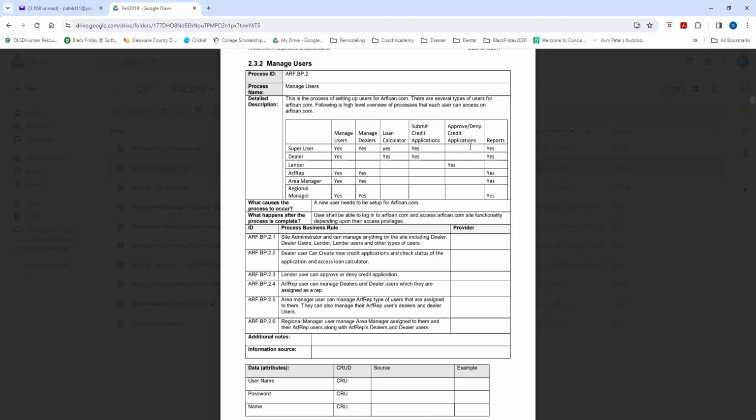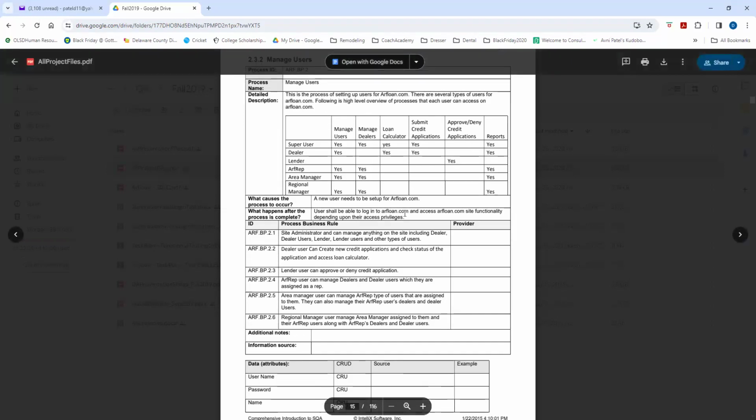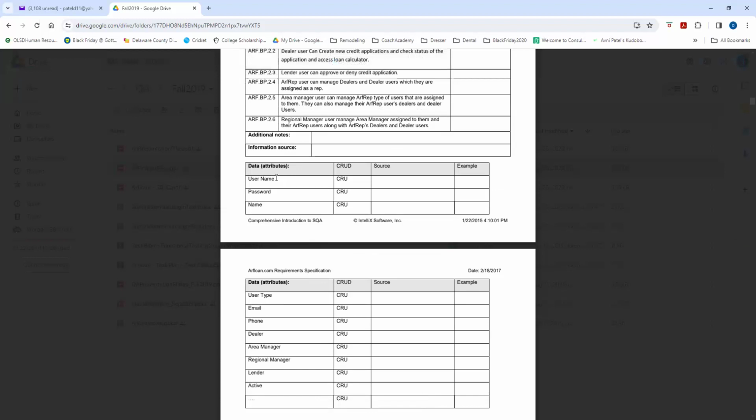Right? If not, you should ask those questions to the people who created those requirements. Says, hey, why the area manager is not able to utilize loan calculator? Maybe they don't need to have that access to that functionality, right? And then it just talks about when a user gets created, what kind of data you need to provide